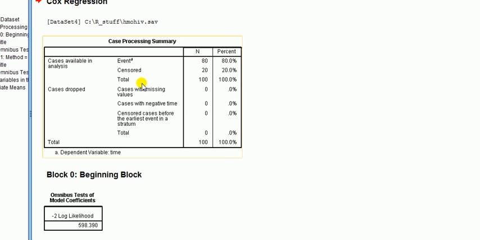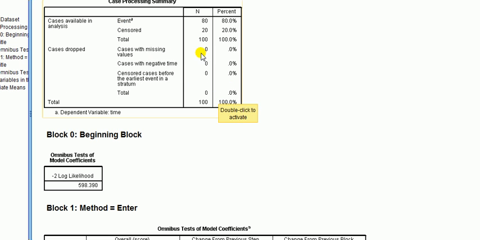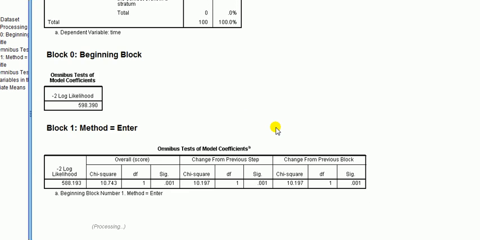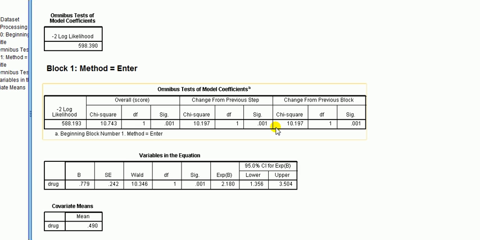Right, so what can we see? We can see that we've got a total of 100 individuals in this follow-up. 20 of them are censored, and the actual events that happened are 80. No cases missing. Okay. Where do we want to look next? We want to look down here,